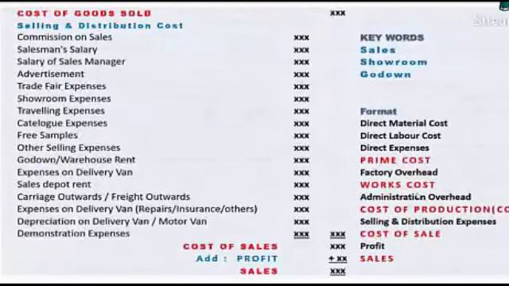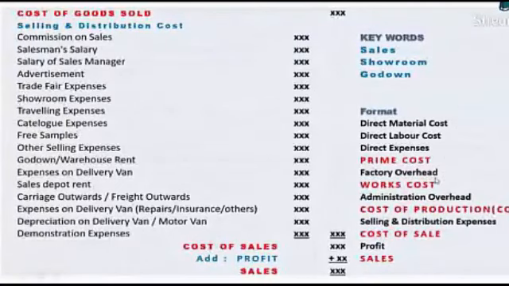Another technical word: instead of total cost, we are using the word cost of sale. Beyond this, there is no further cost. Add profit, ultimately we get the result as sales. So this is the complete format of a cost sheet, wherein we start with material cost, labor cost, direct expenses, total prime cost, add factory overhead, do some miscellaneous adjustment of sale of factory scrap, add and less opening work in progress, we get works cost.